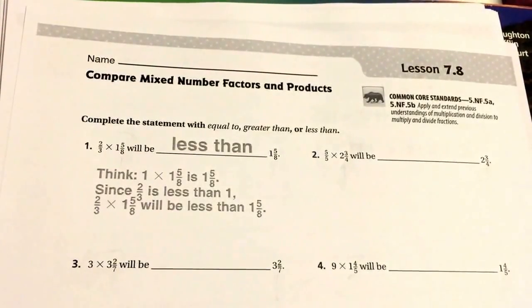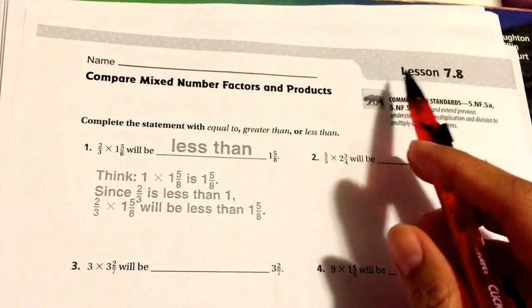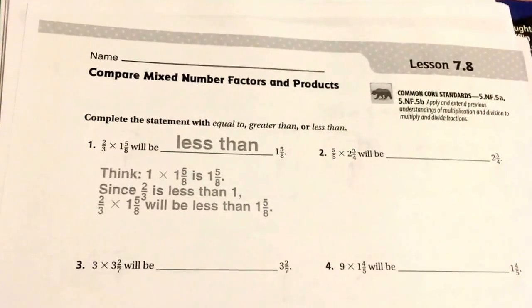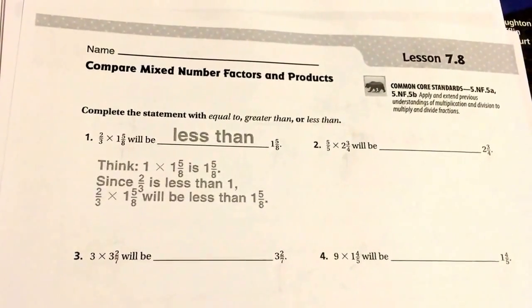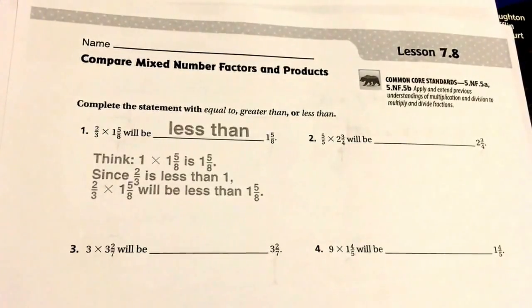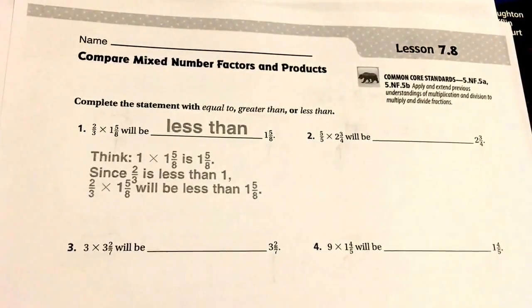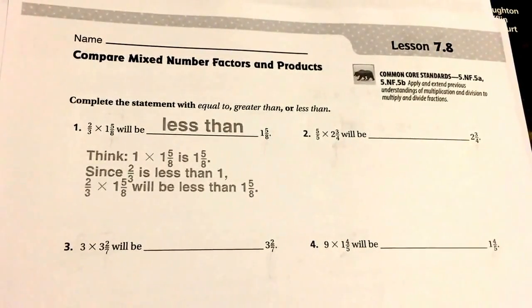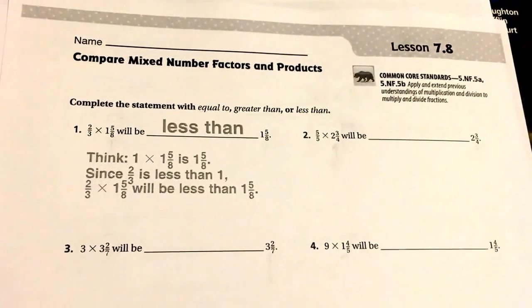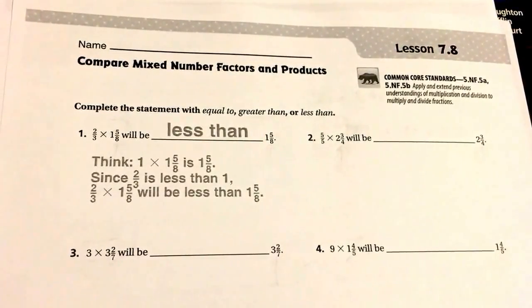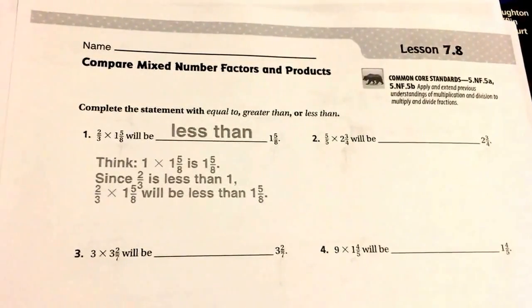Alright, this is our second video, and we're going to be focusing on Chapter 7, Lesson 8. The Common Core State Standard is to apply and extend previous understandings of multiplication and division to multiply and divide fractions. The interesting part about this lesson is that we're not really going to be creating diagrams, nor are we really going to be solving any equations. This one's more conceptual understanding of